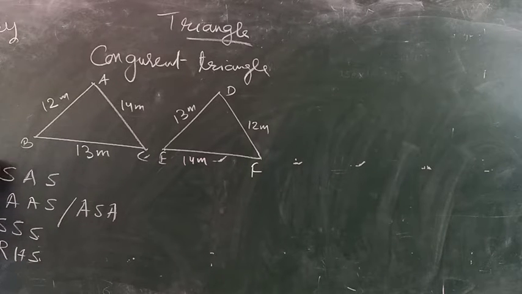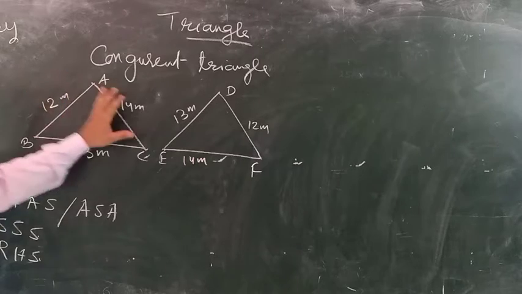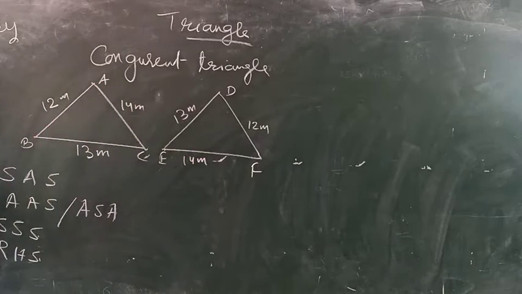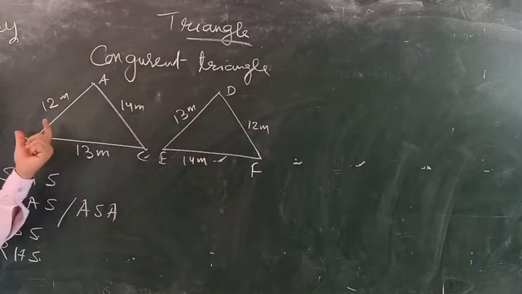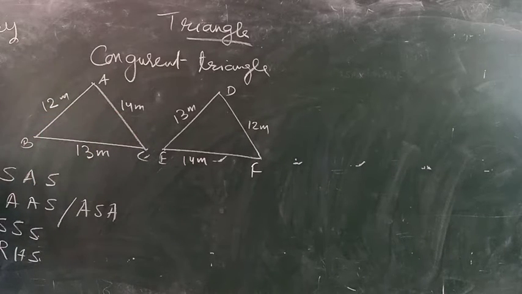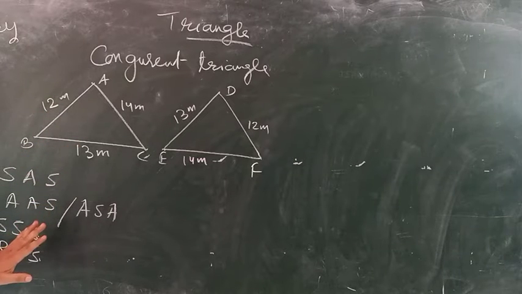Okay. So first, what is the meaning of congruency? That means both the triangles have same dimensions, equal lengths. If you have two triangles and all the dimensions are equal, you can say these two triangles are congruent as well as similar. But similarity will come in your class 10. Similarity आप पढ़ेंगे class 10. अभी सिर्फ आप ध्यान रखेंगे congruency. Congruency means equal dimensions, equal lengths. Okay. Now let's take. इसे नोट करना चाहेगा कोई? इसे नोट कर लीजिए, जो करना चाहेगा.